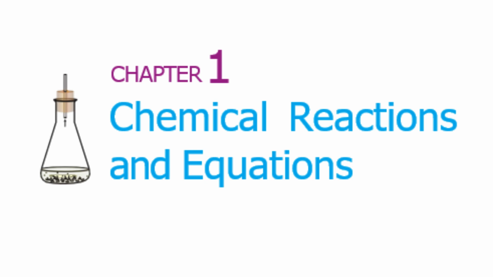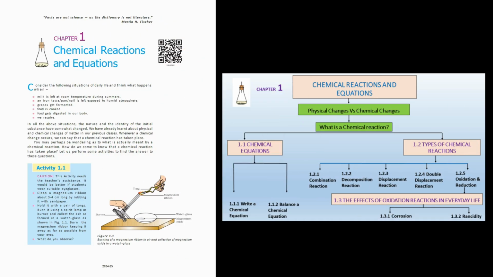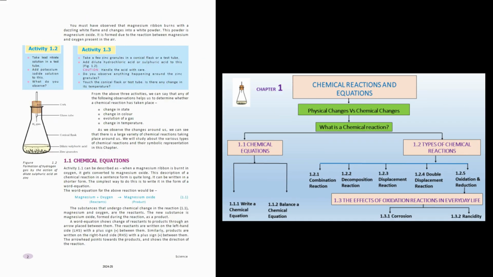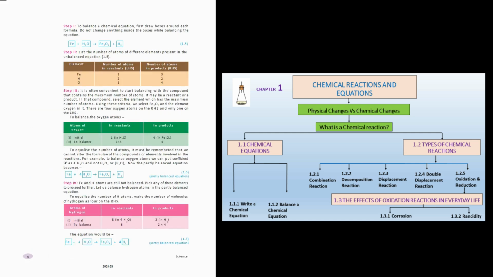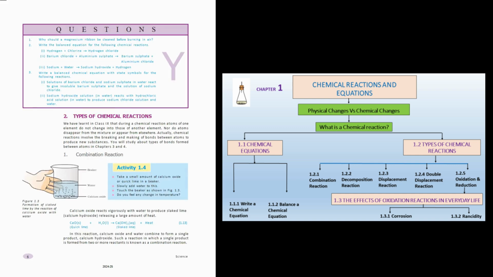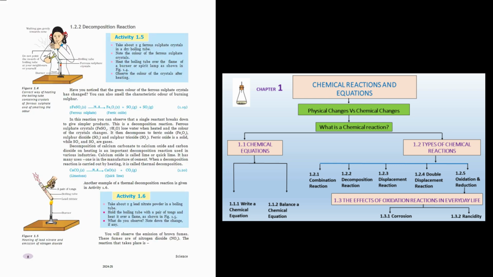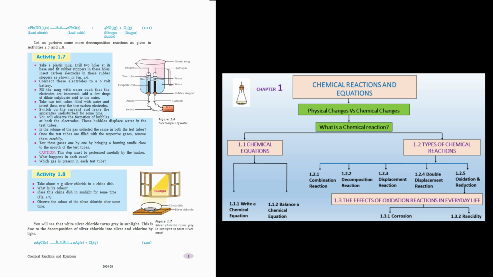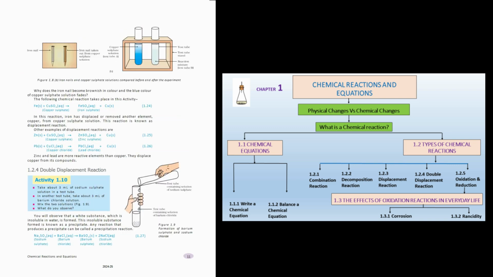Before we start, let's take a look at what we will be learning in this chapter using a mind map. This mind map will show all the main topics in one place so you can see what's coming up and how everything is connected in this chapter. It will help you understand the chapter more easily and follow along as we go. You can take a screenshot or a printout and keep it with you while studying. This will make it easier to remember the topics and help you while you revise this chapter.